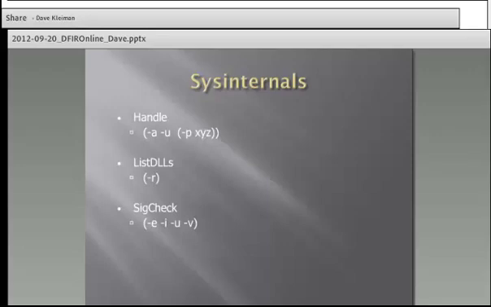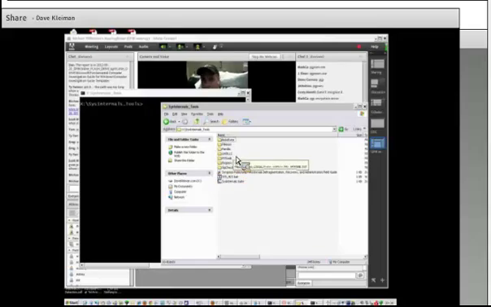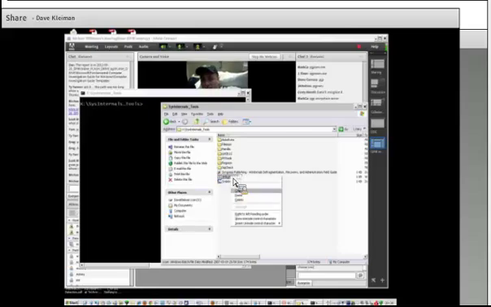Okay, Sysinternal tools, which now, of course, are Microsoft tools. Sysinternal tools has a lot of great tools that you can use to gather information from a system. If you're a user of Sysinternal tools, you probably know different things like the handle tool, the list DLLs, the sig check. And as usual, I like to write batch files that do everything at once. So I write a batch file that puts out all the information from the different information that I want and dumps it out into a text file. So if you were actually to go to your Sysinternal tools directory,